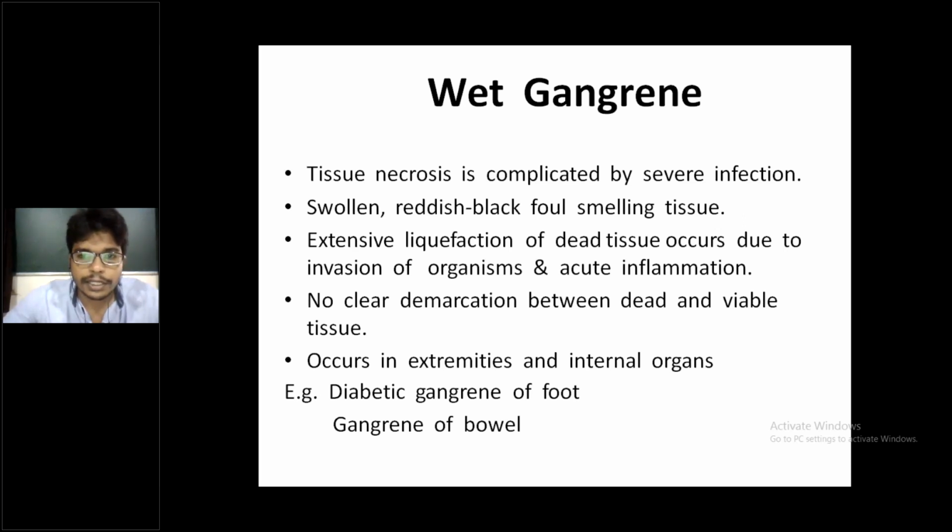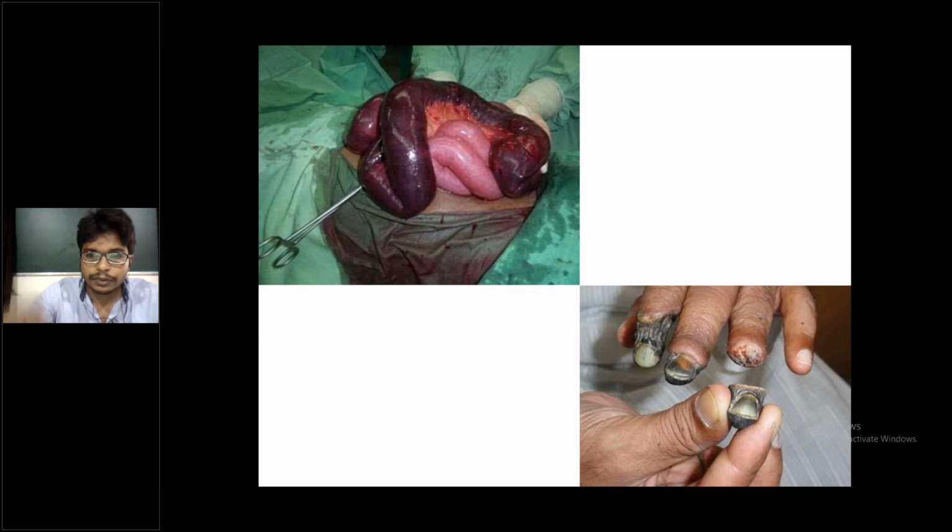Extensive liquefaction of red tissue occurs due to invasion of organisms and acute inflammation. No clear demarcation between dead and viable tissue. Occurs in extremities and internal organs. Diabetic gangrene of foot. Gangrene of this finger picture is a dry gangrene example,